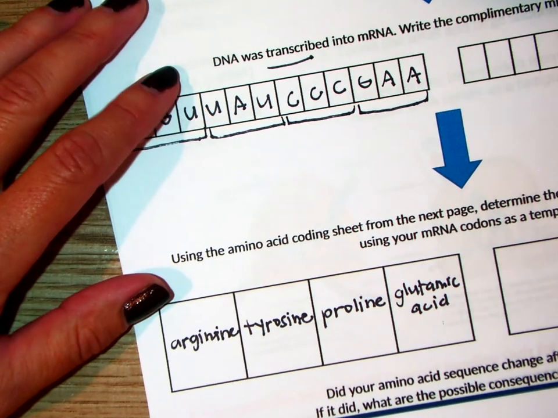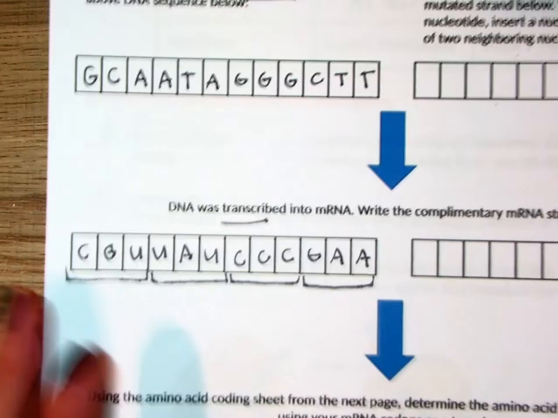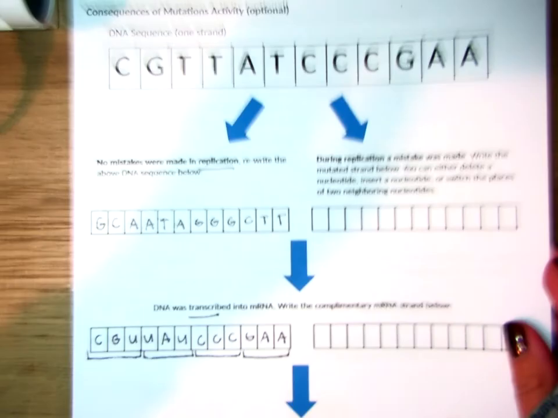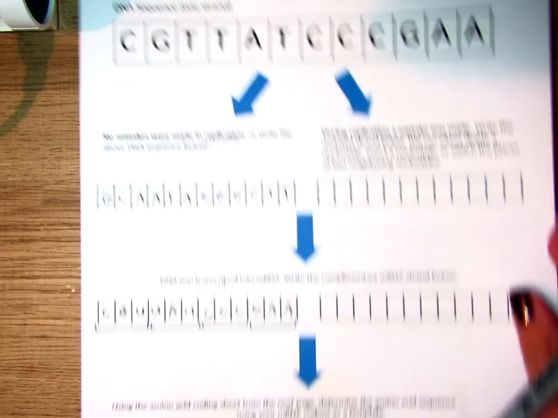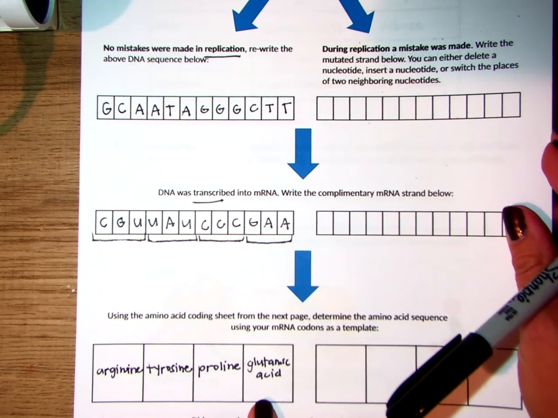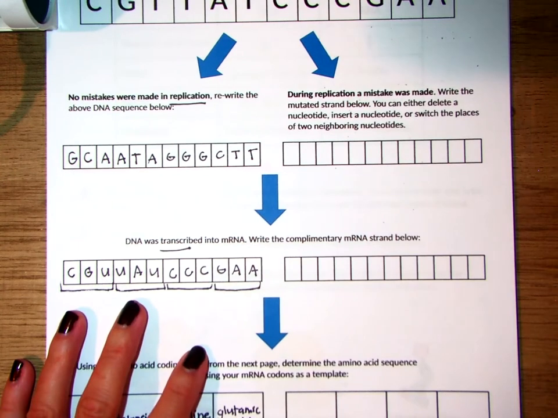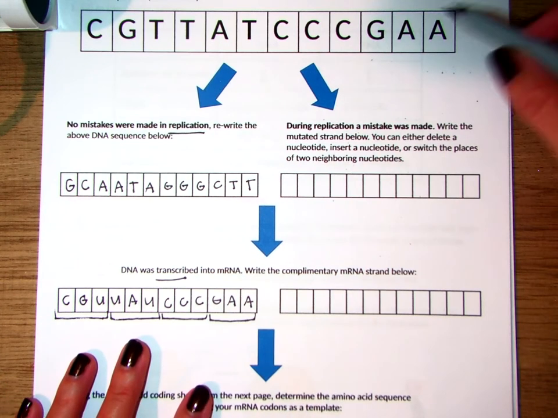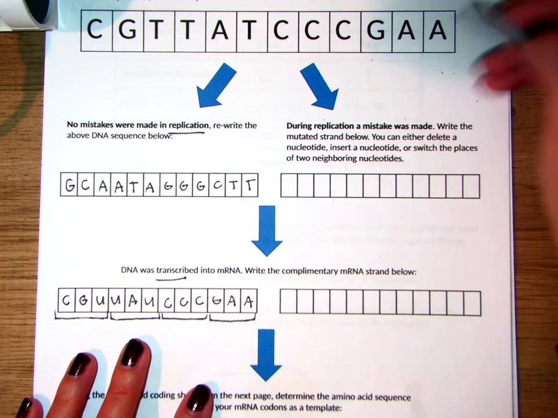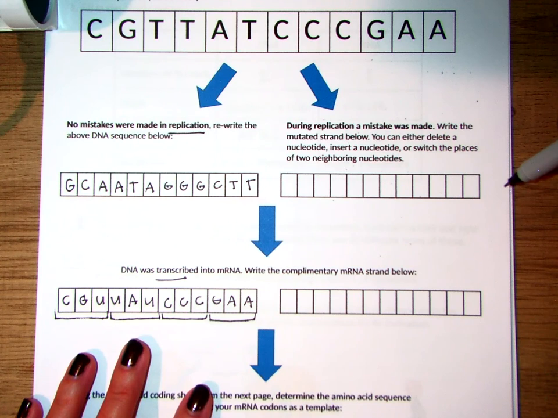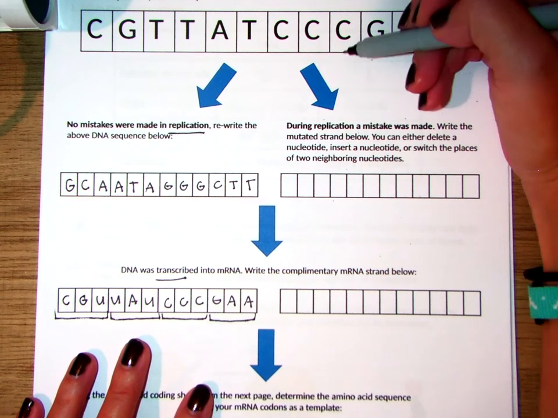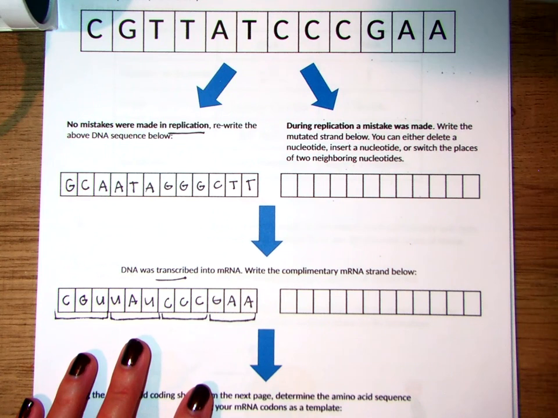And so I'm not going to do this part. I want you guys to do this on your own. So on this left-hand side, we just did together what would happen if there were no mistakes and what our resulting amino acid sequence would be. And on this one, you're going to make a mistake. So you can decide, do you want to delete a nucleotide? So you can completely cross one of these out during replication, it just disappears. You can insert an extra one, so you'd have an extra box here. You can switch places with two neighboring nucleotides, like you could swap those two, or